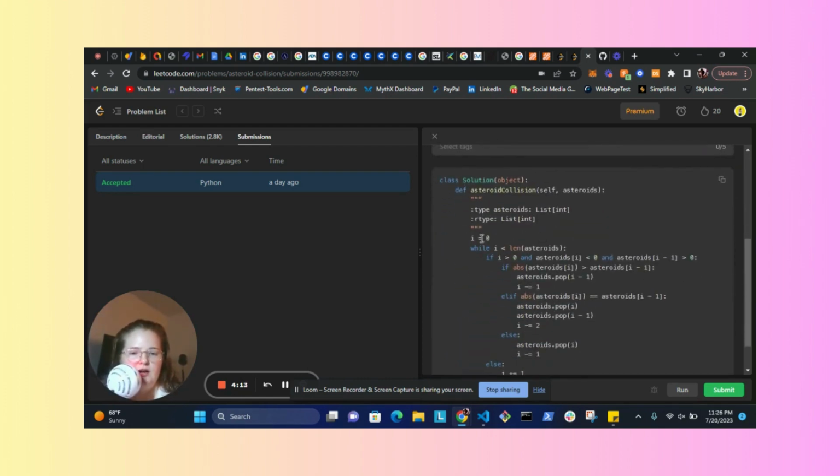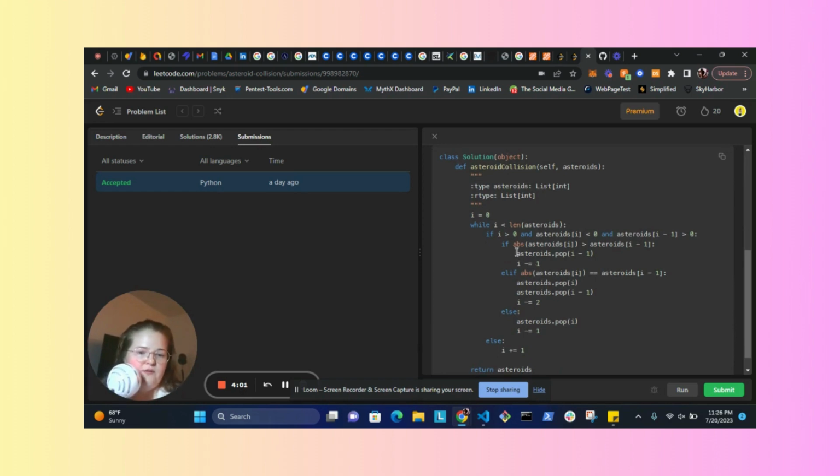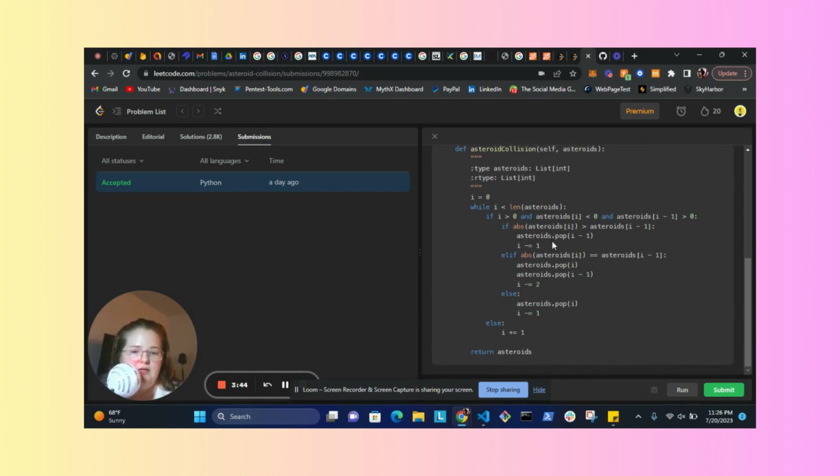So I started here by initializing the index to traverse the asteroid list. By the way, you can read this question on your own time; I'm just trying to get through it. Then I went for this while if else. Basically, if the current asteroid is moving left, which would be negative, and the previous asteroid is moving right, which would be positive, there might be a collision. And that's what this is here. And then down here with this decrement, we decremented the index